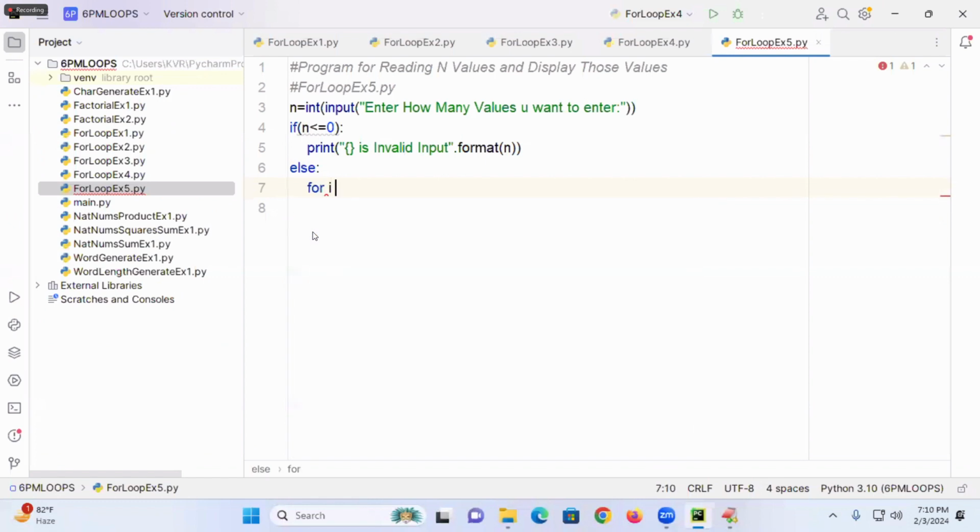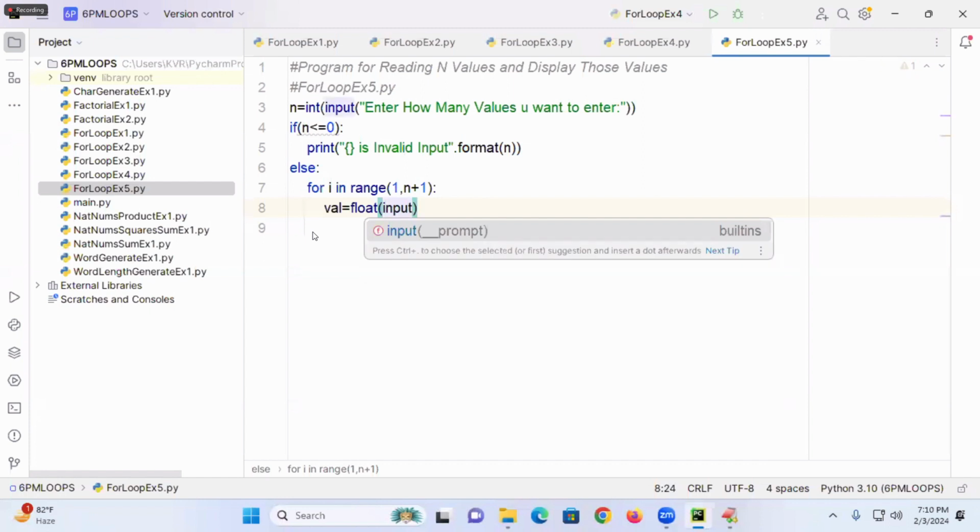For i in range of 1 comma n plus 1. Say n is 5, 5 plus 1 is 6. It means it is repeated how many times? 1 to 6 minus 1, 5 times. Beautiful. Now I am taking the value is equal to int of, or float of whatever it is. Float of input of